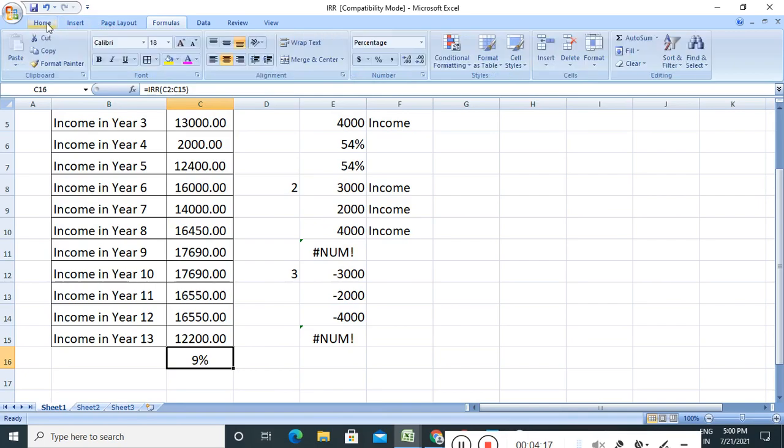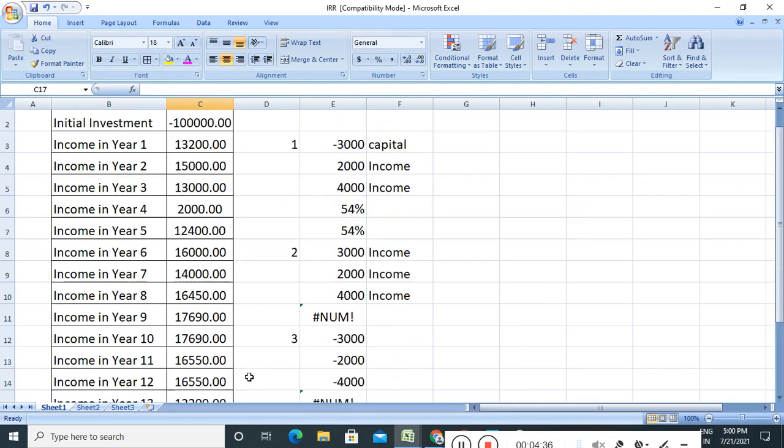Now you can increase the decimal. If you increase the decimal, you can have the exact IRR. So this is the method or formula for using IRR. You have to calculate like this and find out. You can even go for 2 years or 3 years. For example, in the same example, I will give